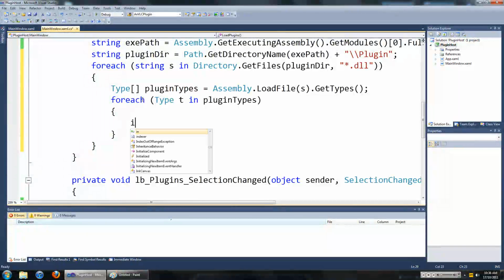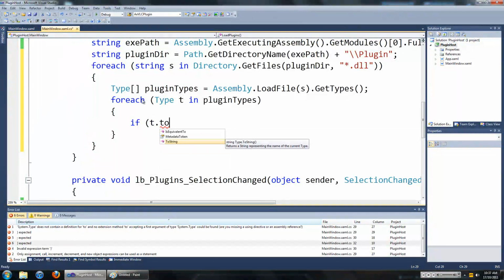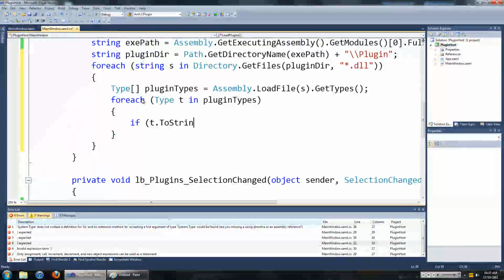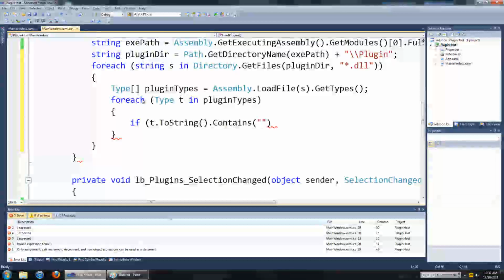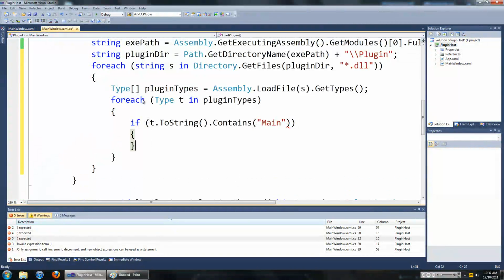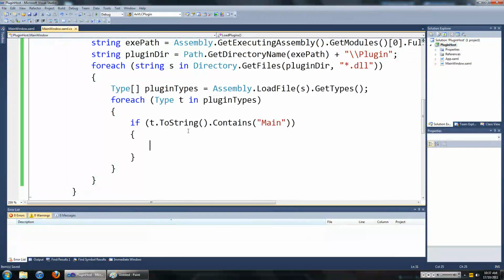So we're going to go if type t dot ToString dot Contains a type by the name of Main, we want to do something. This is where we create the plugin if it contains a type of Main.